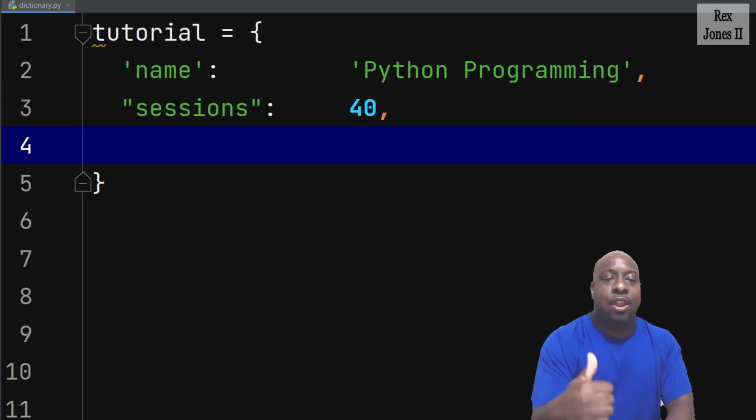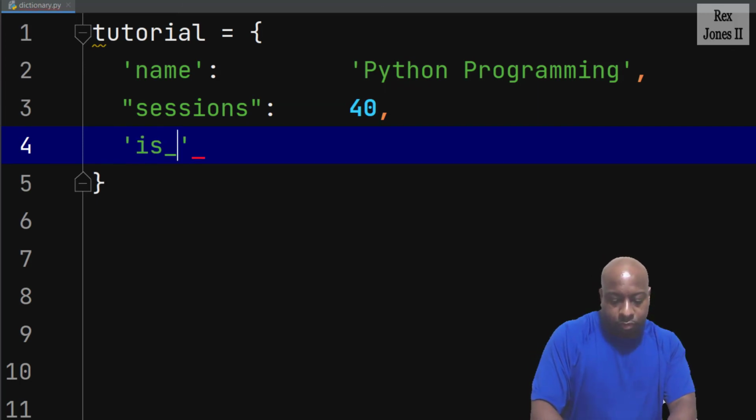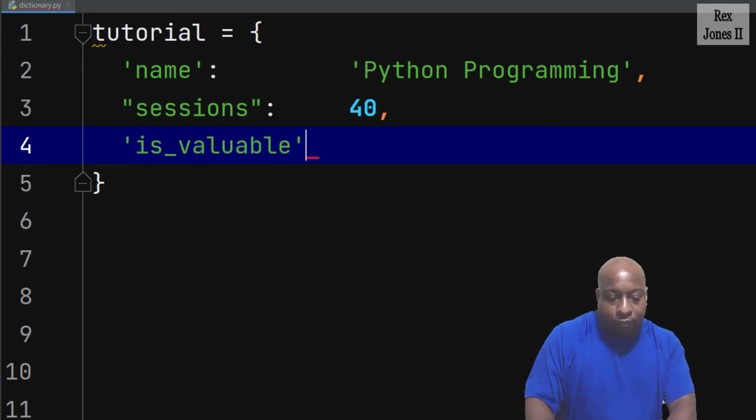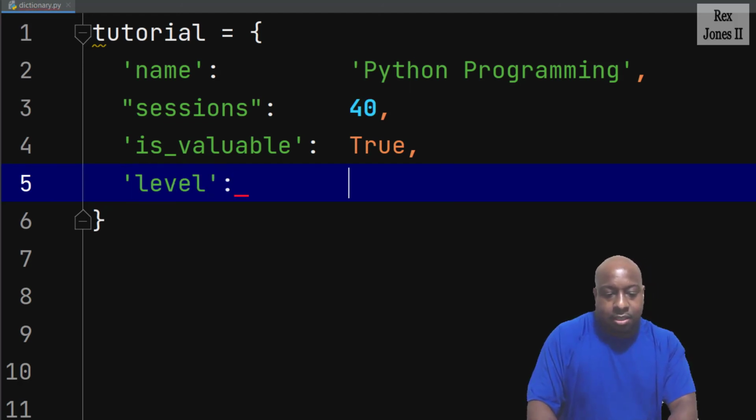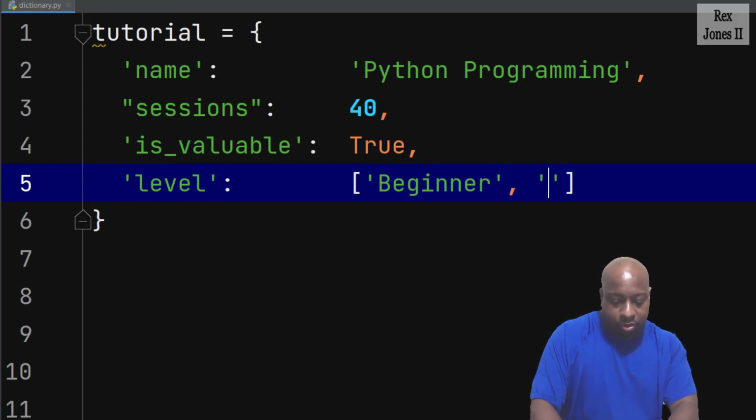Let's use a Boolean value for the course, is underscore valuable. True is the Boolean data type. Level is a good way for us to add a list data type. And the values for the list will be beginner,